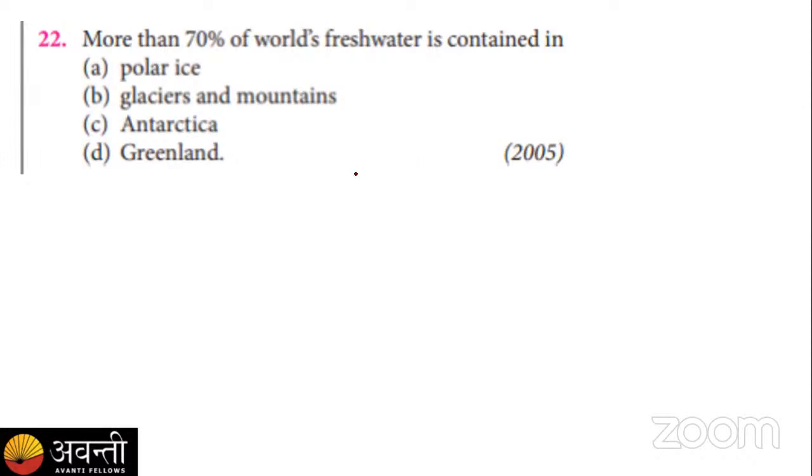We know the 100% water which is present on the earth is distributed into two categories, right? 70% and 30%. 30% is present in liquid form throughout the earth, right? As rivers, oceans, seas, and lakes. The rest, 70%, is present in the form of ice, or we can say the glaciers, the big ice mountains. So for that, the option is B, glaciers and mountains.